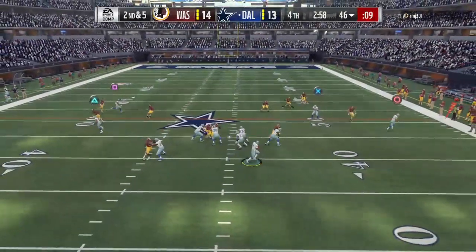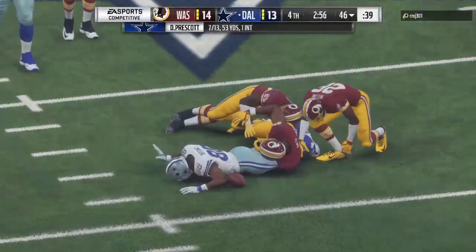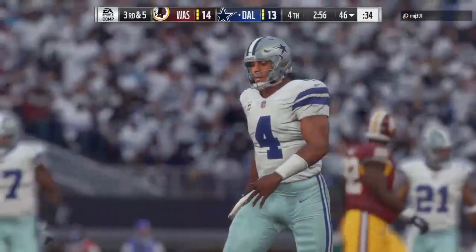Now Prescott. And the hit jarred it loose. It's incomplete. So he can't hang on, and as I watch that unfold, I remembered an expression that I've heard,